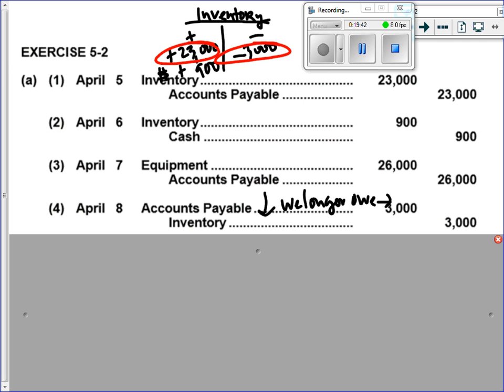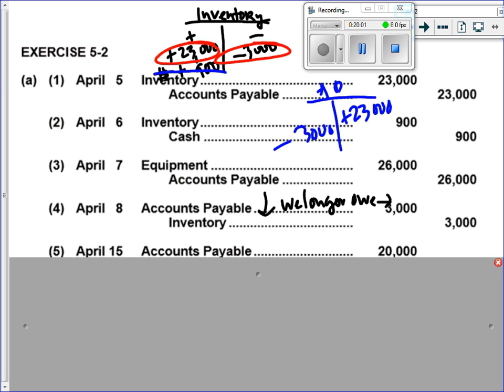Remember, this made inventory go up, but we paid that in cash. What we really should have been doing is something like this. AP went up, AP went down. What do we really owe this Botham? 20,000. AP, we only owe 20,000. That went down. We wiped it out. Are we going to pay him 20,000? If it would have been the 16th of the month, we would have had to, but we paid within our